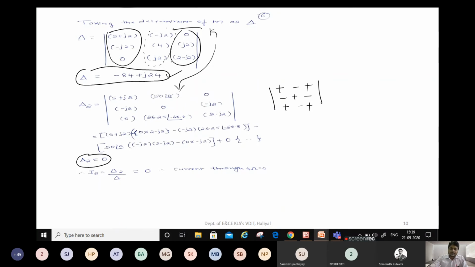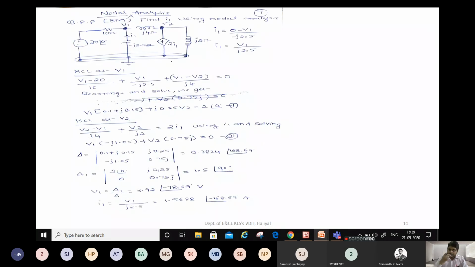Okay. So fine. So the last set of problems is based on nodal analysis. In nodal analysis, if you consider this problem, again you can see it has been asked for around 8 marks. This is the given circuit, wherein you have to find the current I1 using nodal analysis.